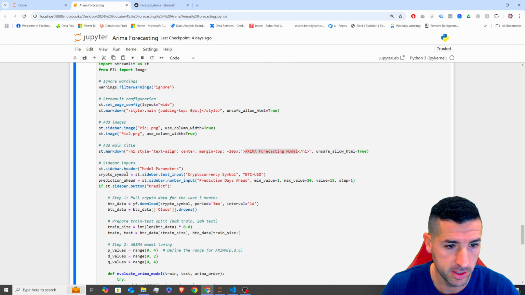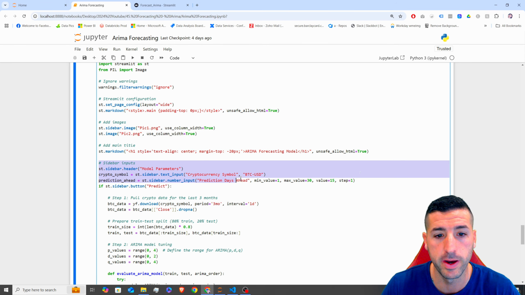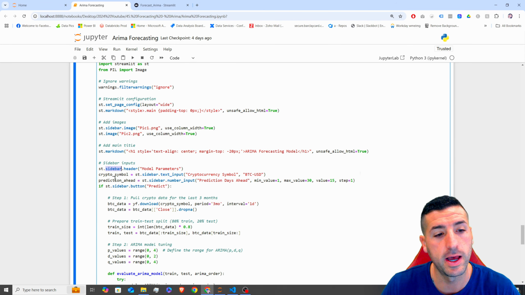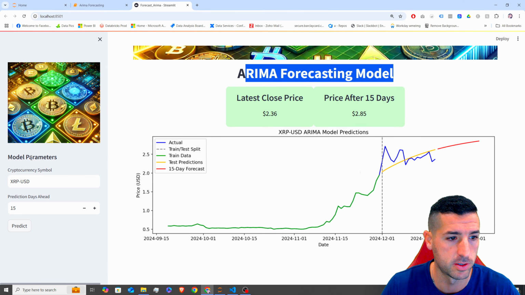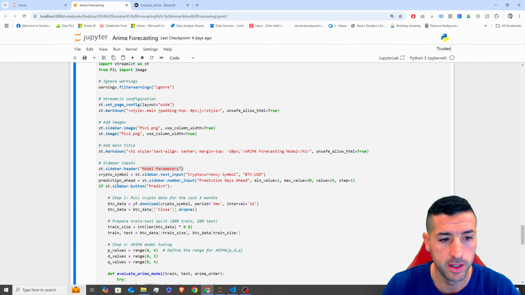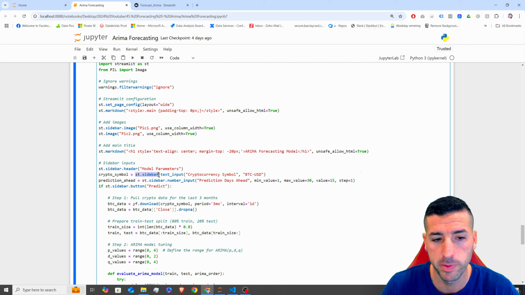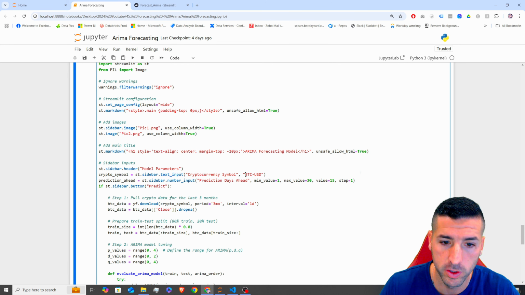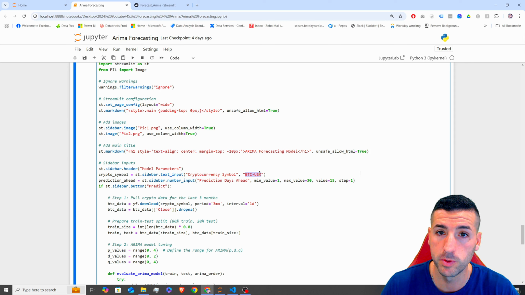Next, what do we have next? We start with our sidebar inputs. So I add the header first, which is model parameters, which is this title you see over here. And then I create this sidebar text input. And this is where the user is going to type in the cryptocurrency they want to forecast ahead. And the default one is going to be the